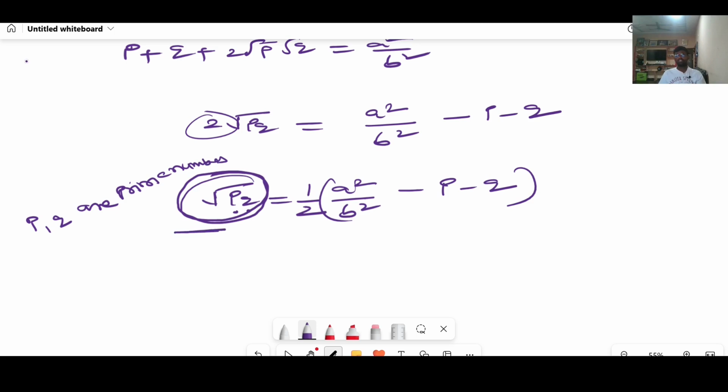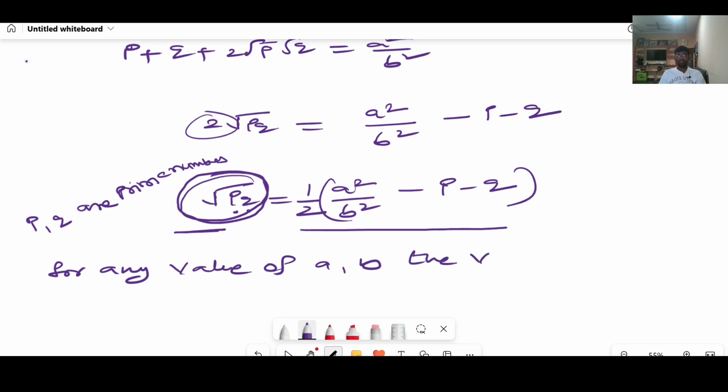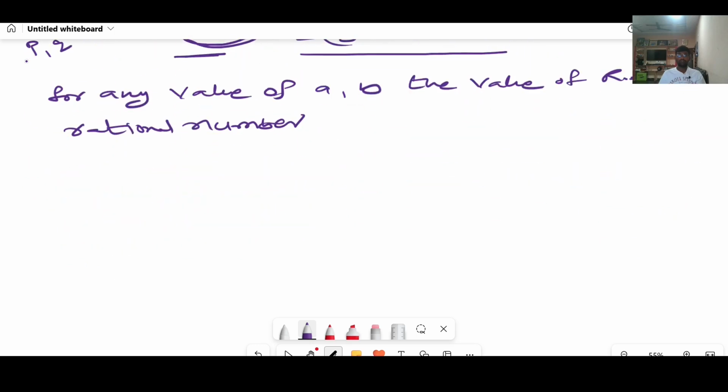I can guess, right? On the right hand side, for any value of a comma b, the value of RHS is a rational number, right? For any value, RHS will be a rational number,